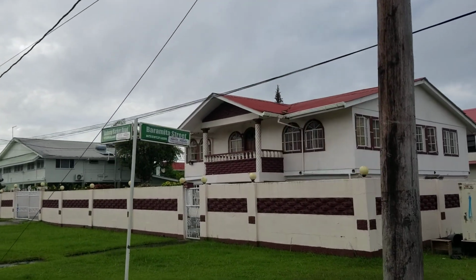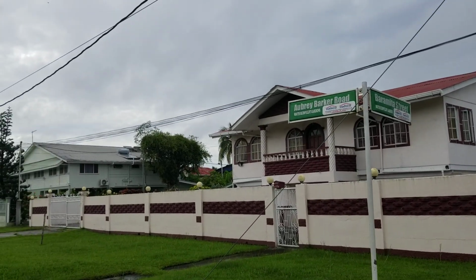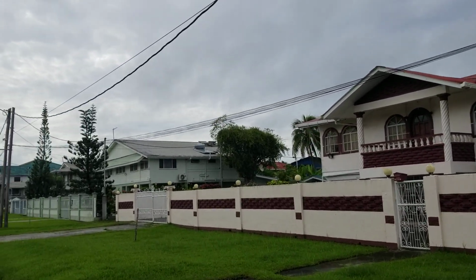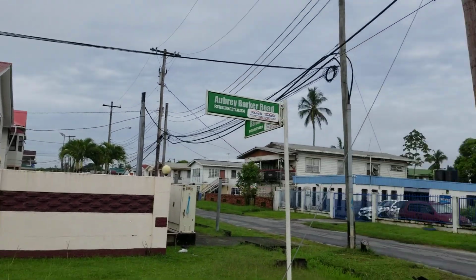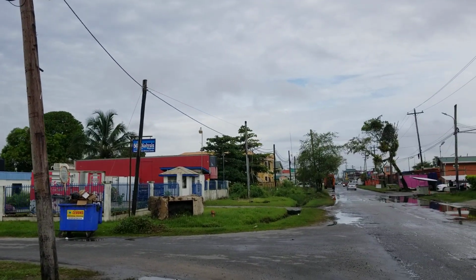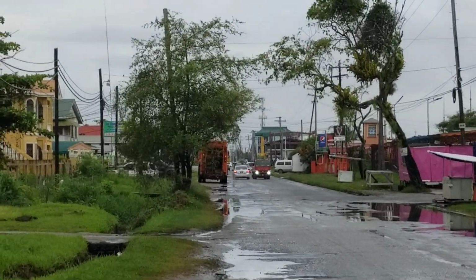it's Barometer Street and Aubrey Barker Road. You can see these homes are recently modified and renovated here on Aubrey Barker Road. That's Aubrey Barker Road looking west towards the traffic circle, and the new